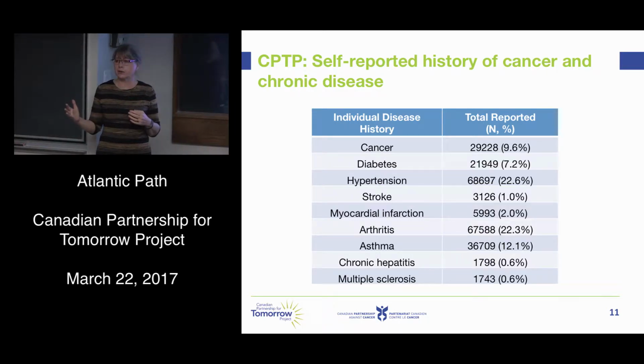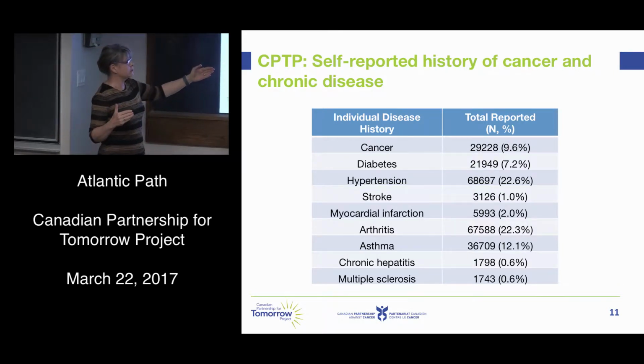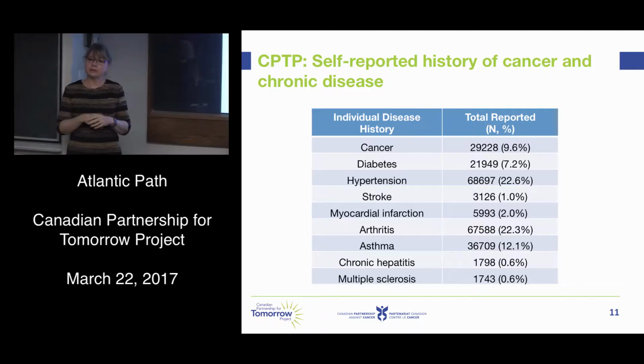any disease that you can think of, because the cohort is large. So we have hundreds and thousands of people, and these are the numbers for CPTP as a whole, but they're similar for Atlantic Path. So across CPTP and across Atlantic Path, we have hundreds and thousands of people who had extant disease, and then